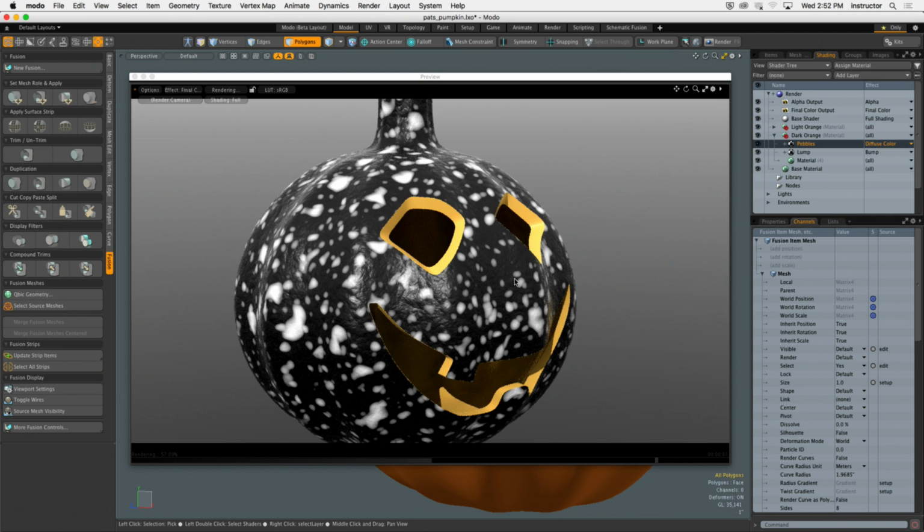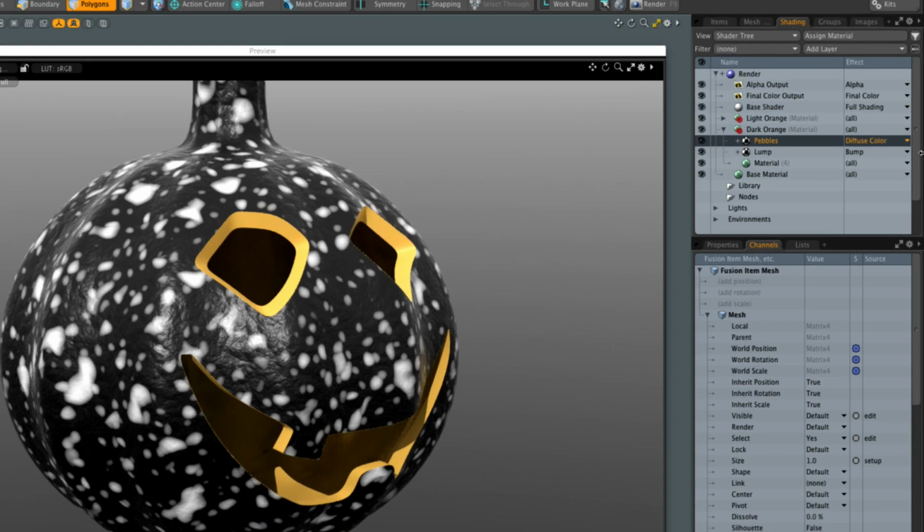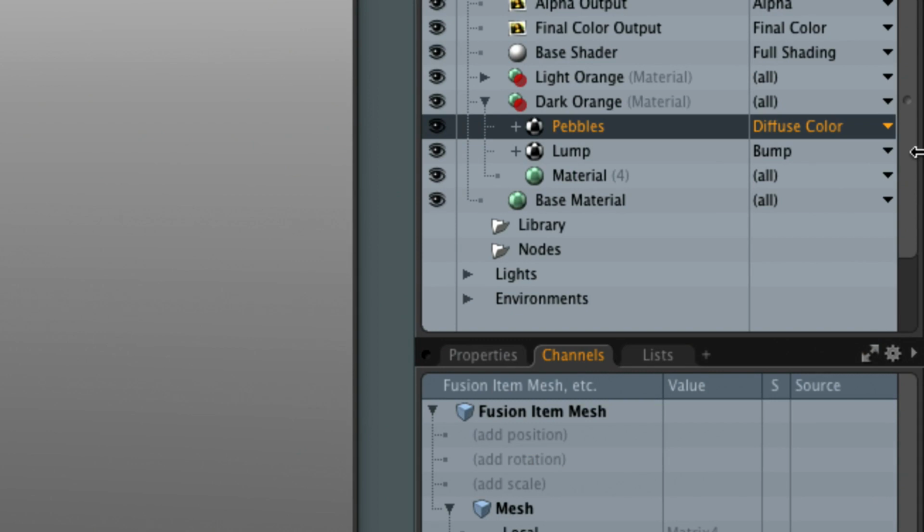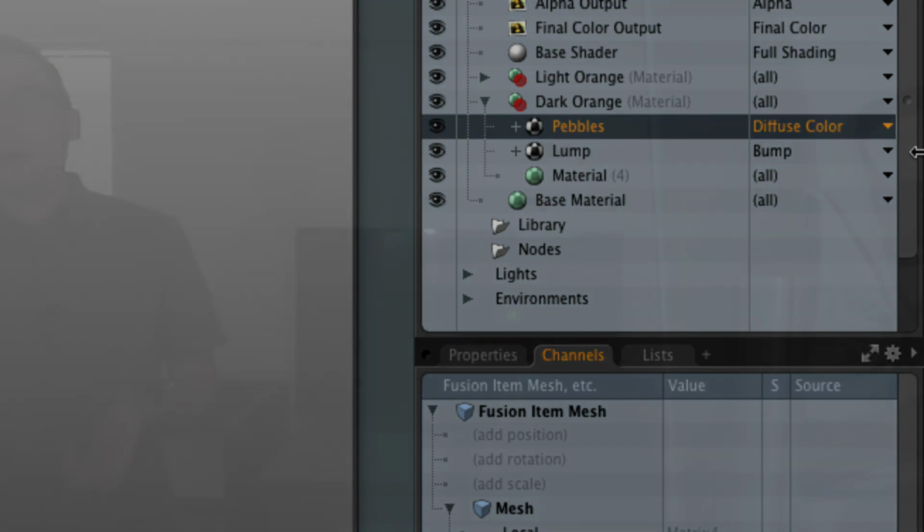Because we're trying to go for a pumpkin. Clearly, I don't want it to be black and white spots. I want this to be used for surface relief. Yeah, it doesn't look too hot at the moment, but that's okay, right? That's okay. This is the part of the artistry, if you will, of